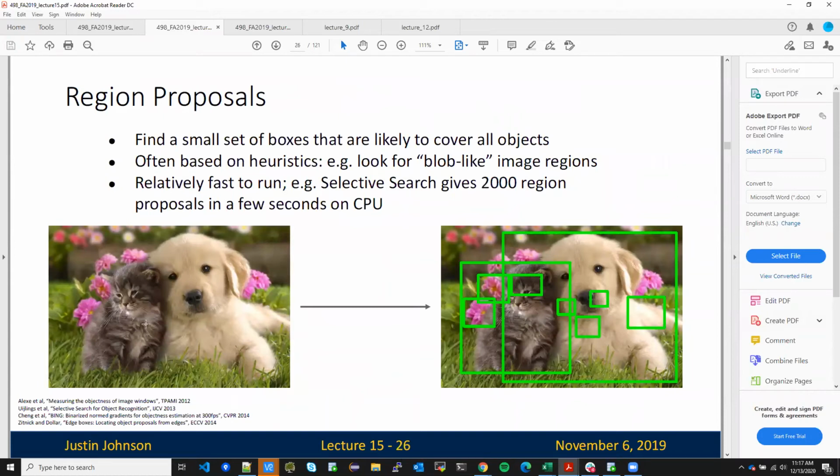So if this was your image, these are the region proposals that were given, and this is by an algorithm called selective search. I don't even know it in detail, and I think it's just good to know, but pretty much nowadays no one is using this approach. But this is how object detection matured to where we are, so I thought I'd talk a little bit about how it was done in the past. So you would have these 2000 region proposals,